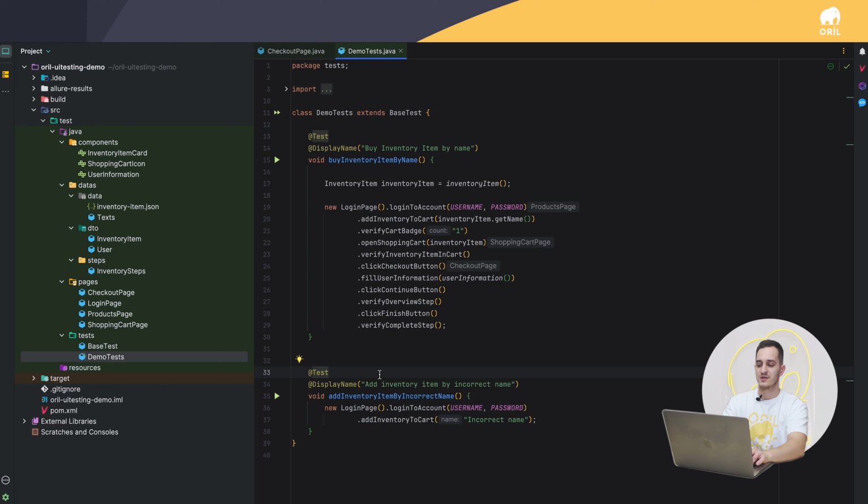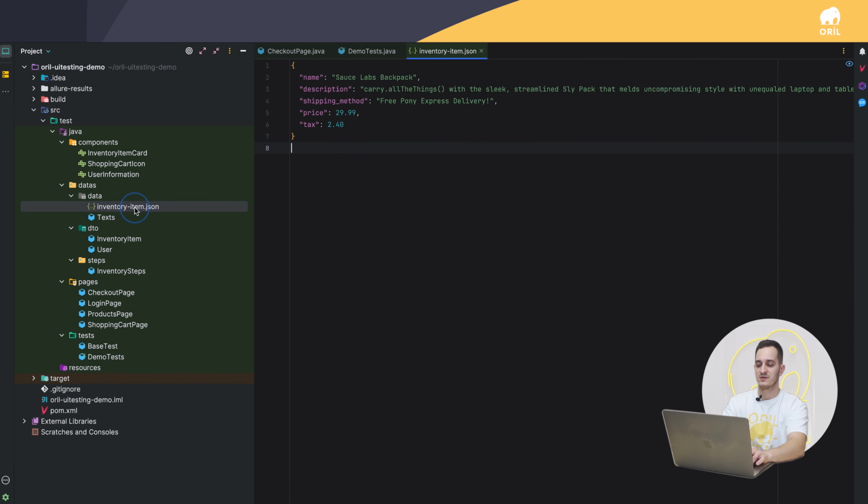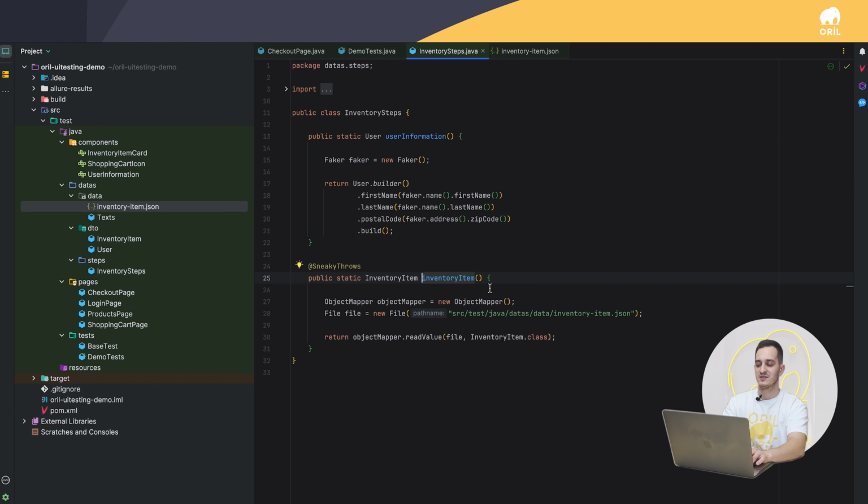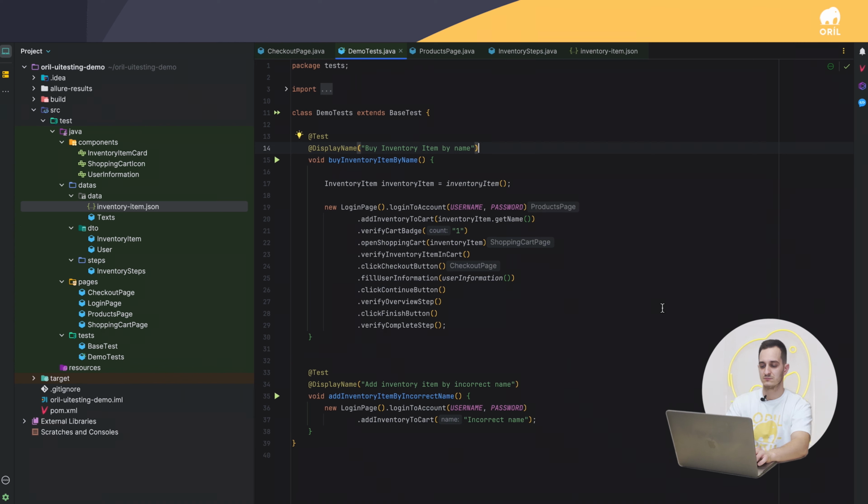Let's start with the first test, buying an inventory item by name. Let's assume we retrieve a list of items from the backend configured in the test file inventory item JSON. We select the first item, Sauce Labs Backpack, and attempt to purchase it in our UI test. So, I created an inventory item class that retrieves this list from the backend. Then,